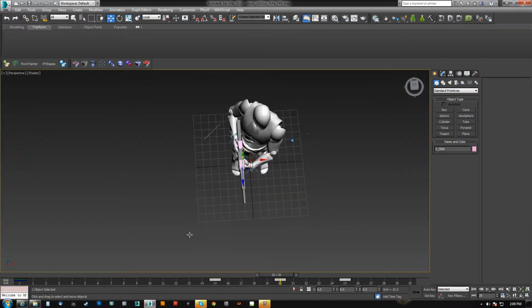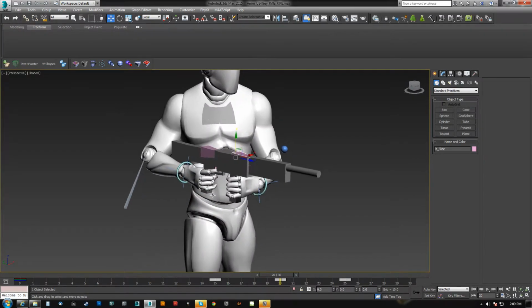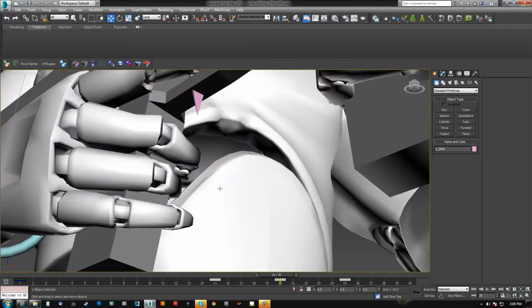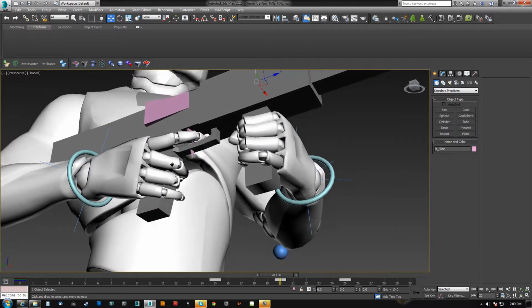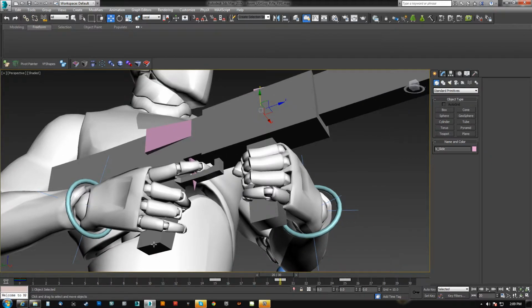So I'll do that around the end of the video because I do think it's pretty cool. It is actually, like I said, very simple. There's a few ways you could do it. Number one, if you don't have your weapon and your mag separated, if the magazine is actually part of the